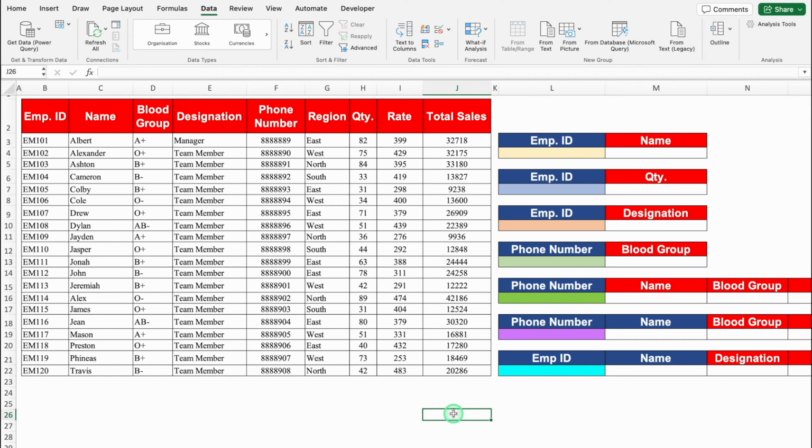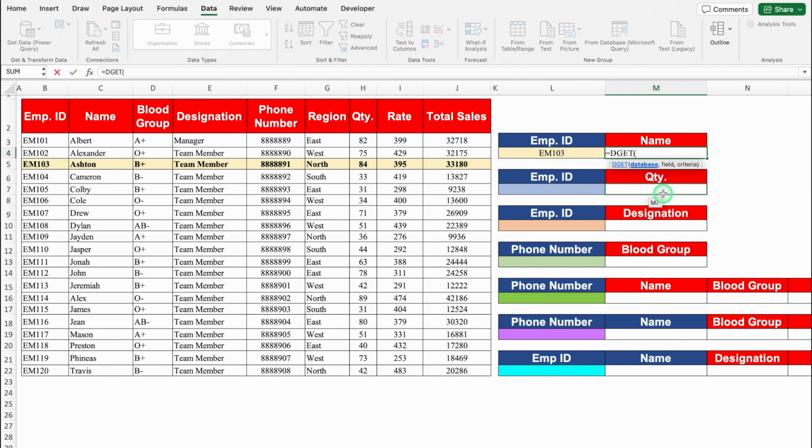Let's start with the basics of DGET. We will see nearly 7 examples. So let's start with our very first example. This is my data, and on the right hand side, I want name based on employee ID. I'll take one employee ID over here, EM103. So this is my employee ID 103, and I want name through DGET, plus or equal to DGET, bracket